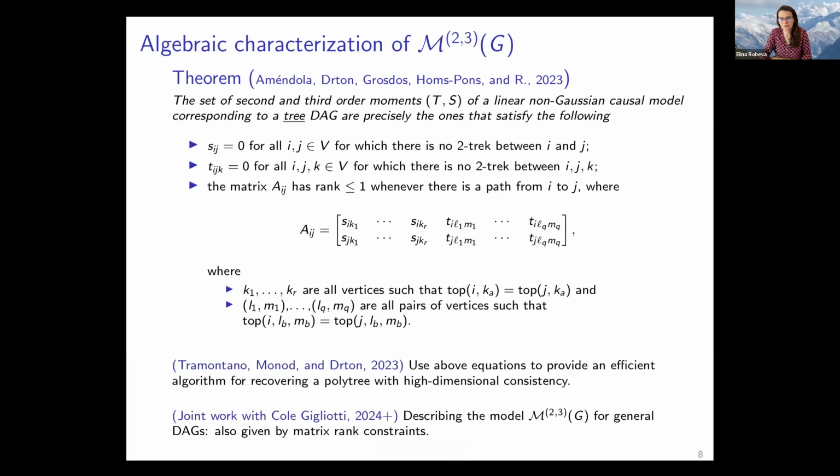And in current work with my master student Cole, we actually have equations that describe the model for any directed acyclic graph. And it's also given by rank constraints, but they're not rank 1, they're higher rank. So the rank is basically the size of the parent set. But they're just higher rank constraints, which is very nice. Because if you want to check these computationally, it's easier to check if a matrix has low rank than to check if some crazy polynomial equation vanishes. Okay,